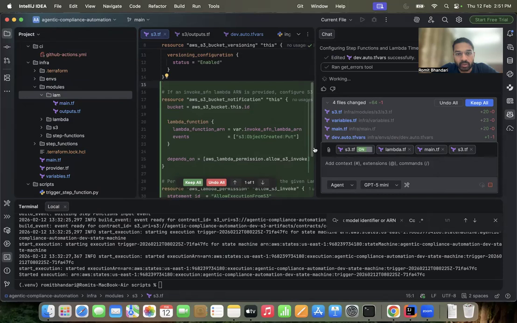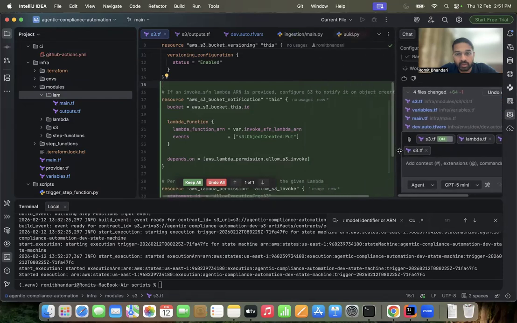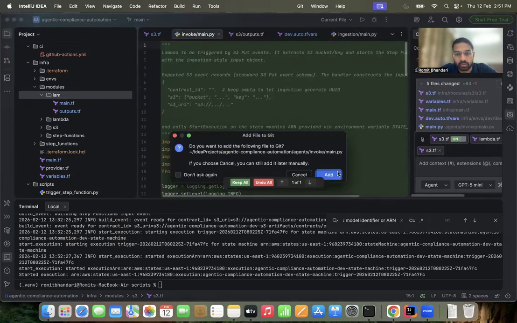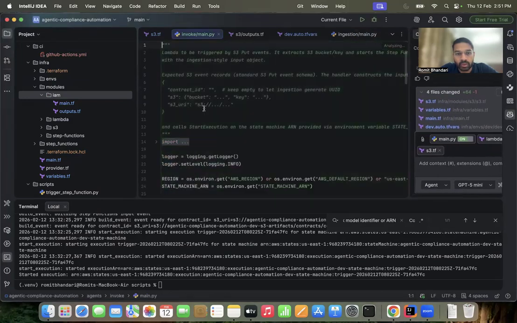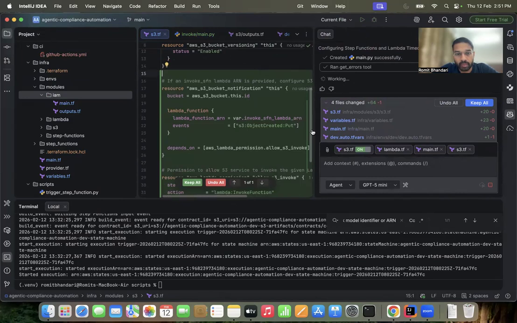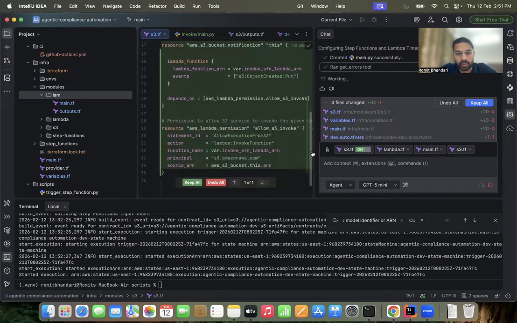Okay, configure s3 to notify it on. So I'll keep all the changes and we'll move to each file quickly. AWS Lambda permission is another resource, okay, where you are